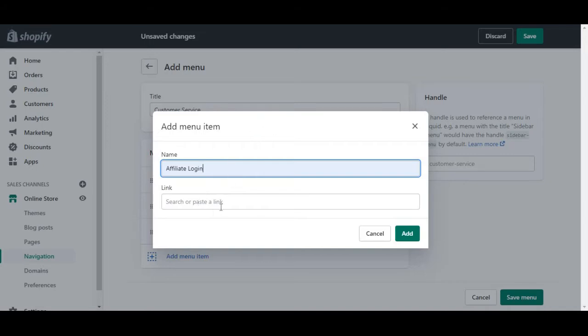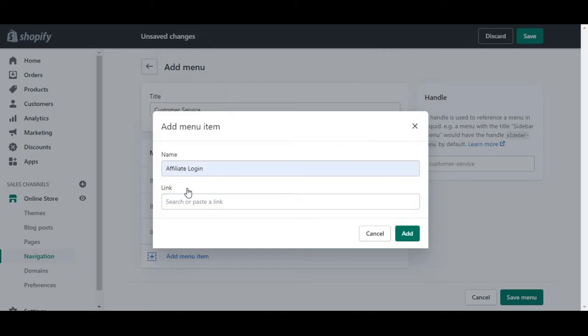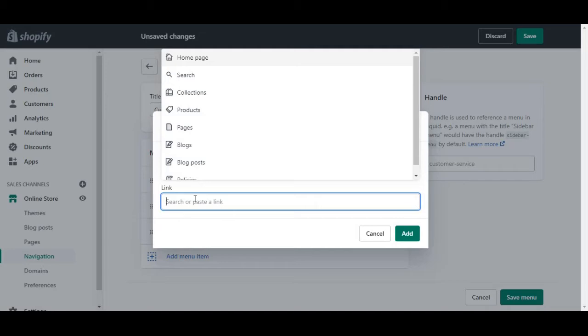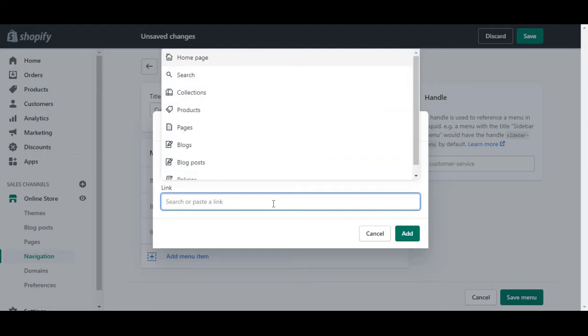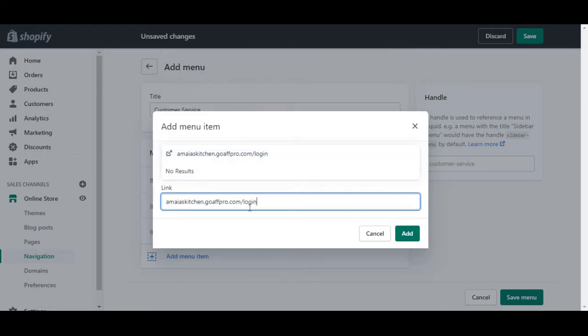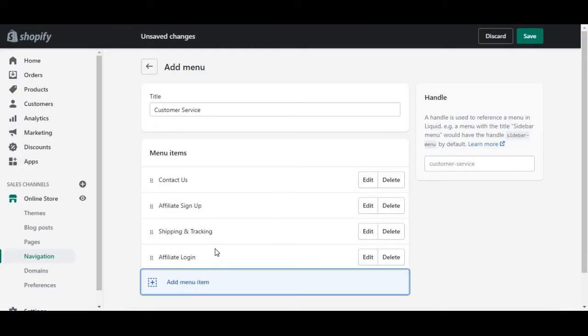Now, what we need to do is grab an outside URL for the affiliate program, and let me just go do that. Alright guys, we are back, and there we go. We paste the affiliate link in and we leave it like this and click add, and that's how you add an outside link. So this link is an internal Shopify link,